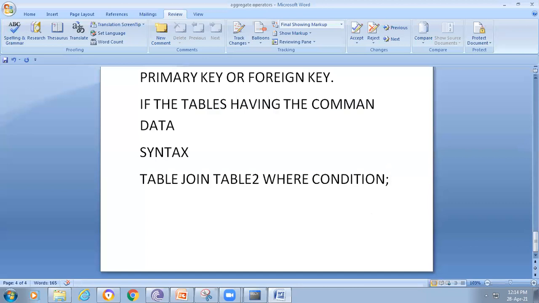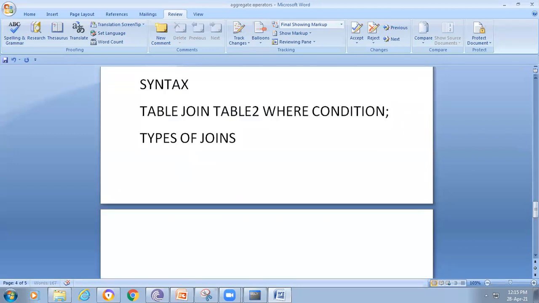Before going to the joins, let me mention the different types of joins. I'm explaining the most important ones. The first one is left join.